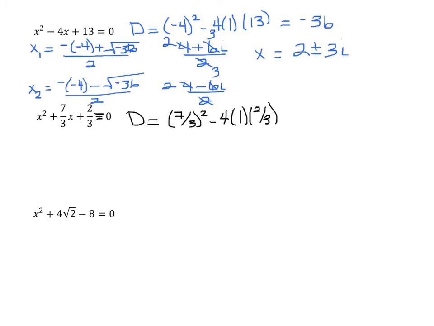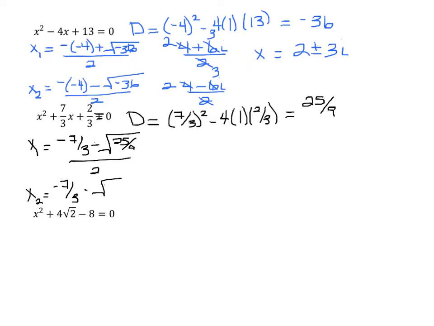When I simplify this, I get 49 ninths minus 8 thirds, and if I multiply that by 3 over 3, then I would get 24 ninths. So 49 ninths minus 24 ninths will actually give me 25 ninths. So if I do negative b plus the square root of 25 ninths over 2 and negative b minus the square root of 25 ninths over 2,